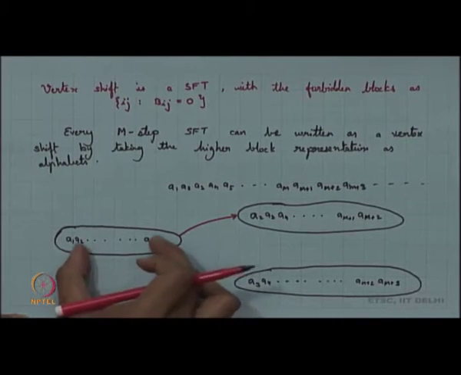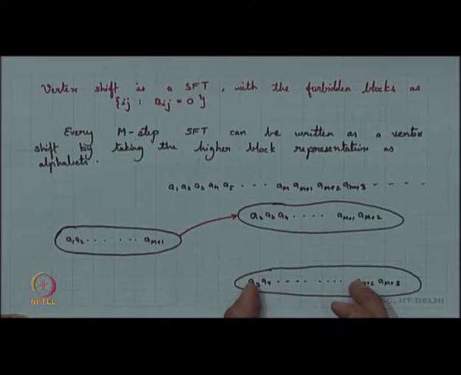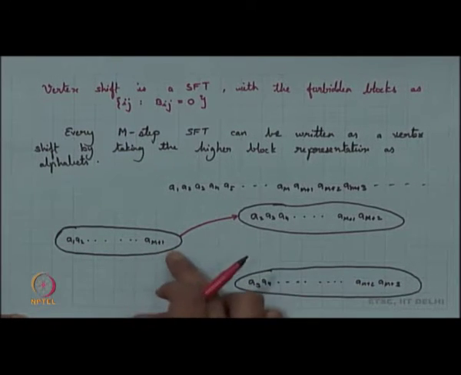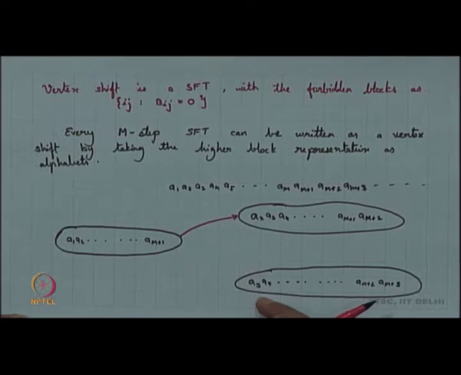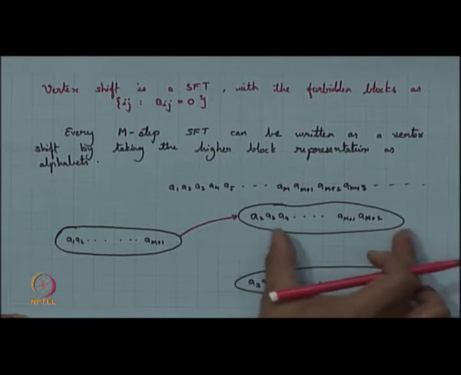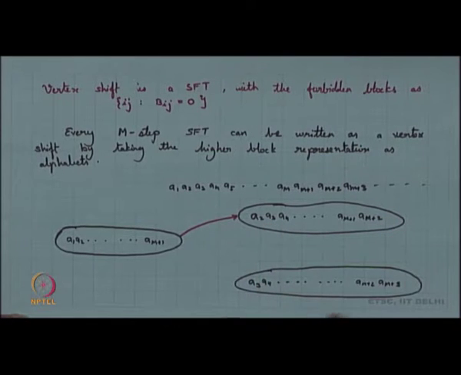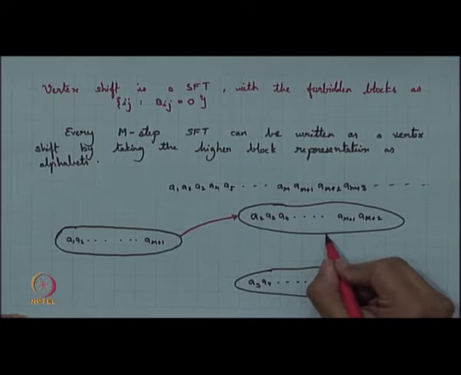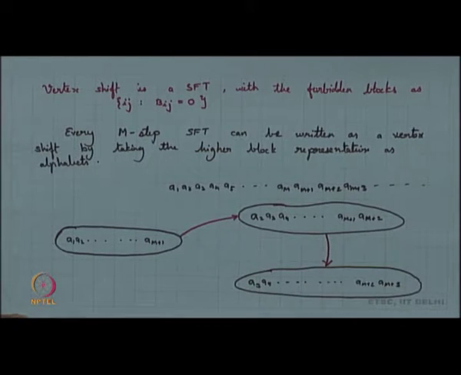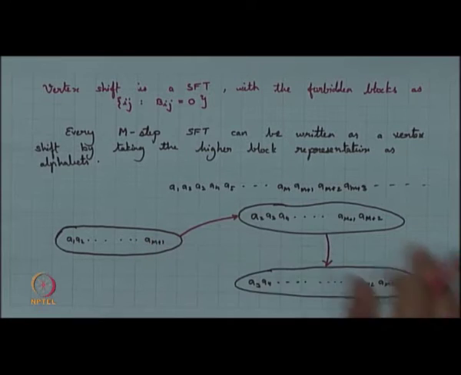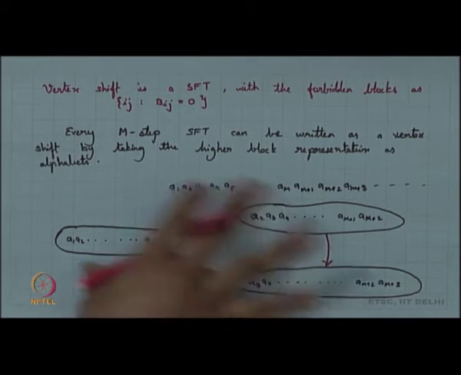Now, since this part does not coincide with this part, we cannot have an edge from this vertex to this vertex. And then when you are looking into this part, you say that okay fine, the last part, the terminal part here, coincides with the initial part here, and hence there is an edge from this to this vertex. So, you are drawing a vertex shift in this particular manner. Now, you could also think of this as an edge shift.